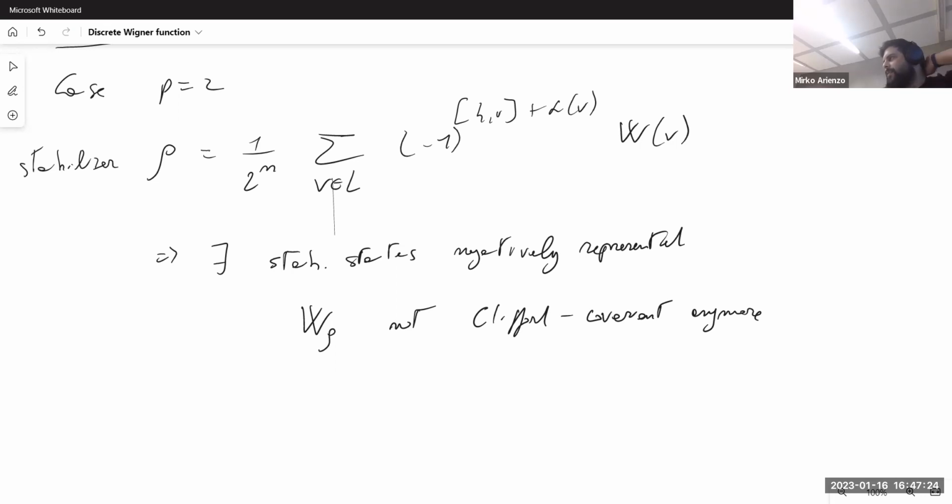I don't know, we'll just see. Right now, I'm finished with this Wigner function stuff, and I don't know what you want to talk about, Mark. If stabilizers, sorry, robustness or